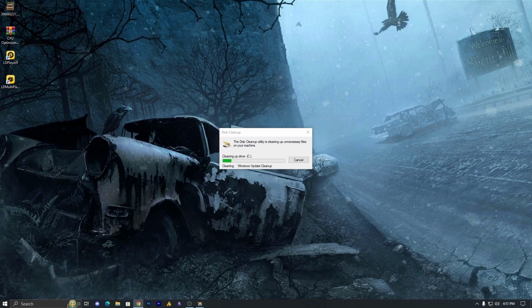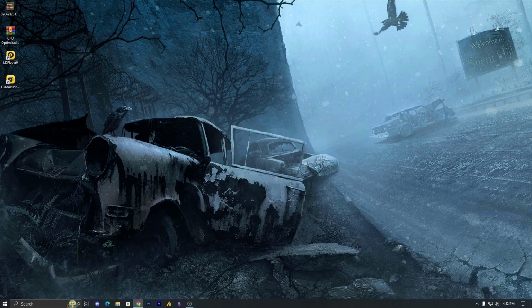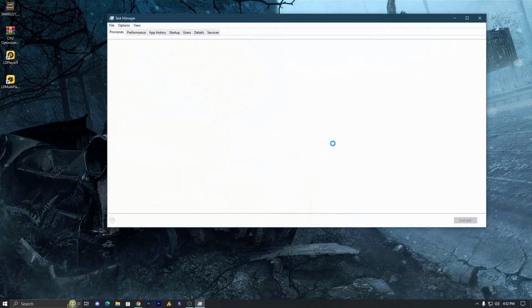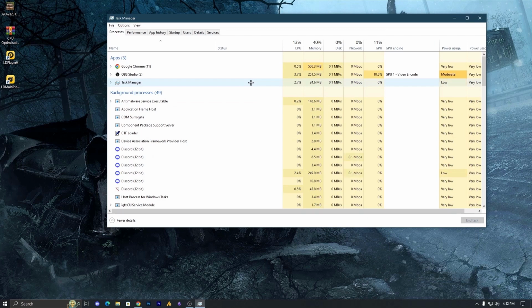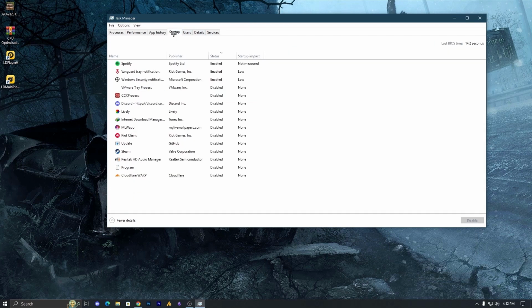Section number 2, disable startup programs. Next, we will disable unnecessary startup programs to speed up boot time and overall performance. For that, you need to open the task manager. Just right click on the taskbar and open the task manager. Now go into the startup. Here you can disable any program that you don't need to start with Windows by right clicking and